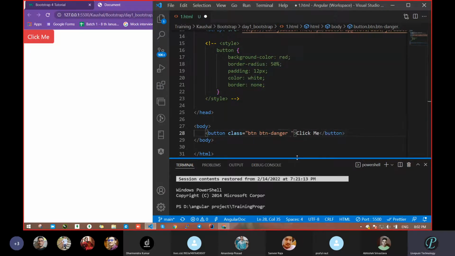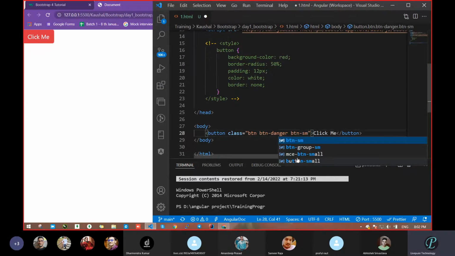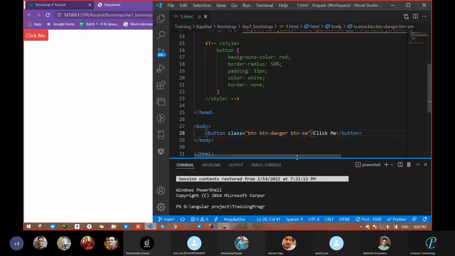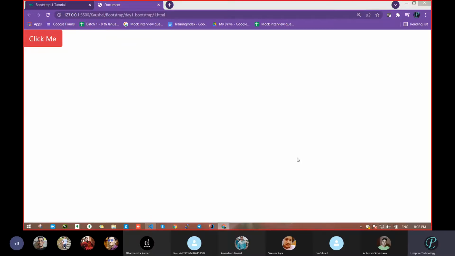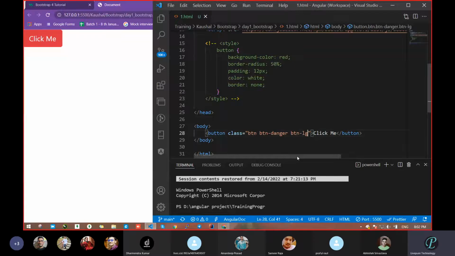Something was there. The text color also came automatically white. Then BTN dash SM. With the help of this, we got a small button. If we want a large button, BTN dash LG. Save this. You got a large button. Like this way, we can get that.